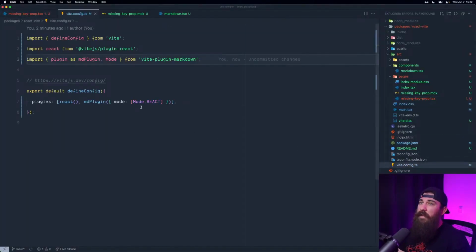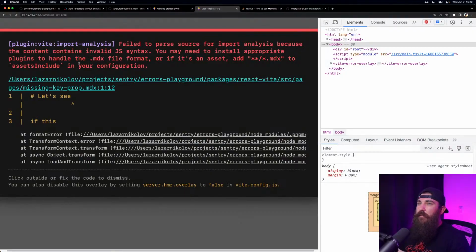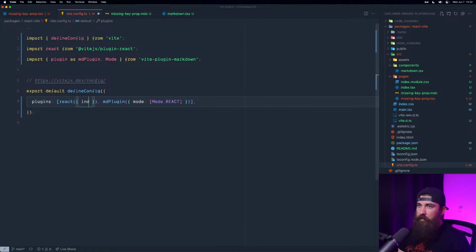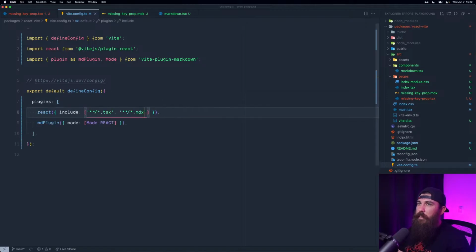So I guess this plugin only adds MDX as a format. So inside of React, if we do include and we pass everything TSX, but then also everything MDX,